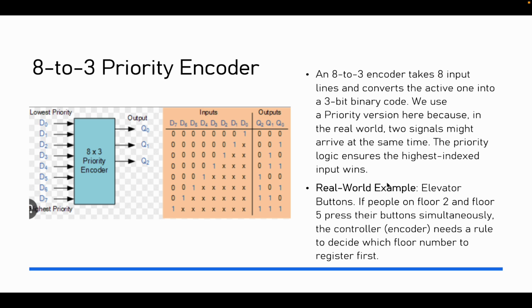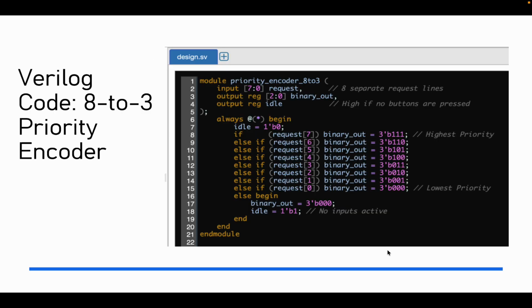To understand it in a still easier way, let us think of a real world example where this will be used. For example, you are going into an elevator. Multiple people are coming inside the elevator. Some might suddenly press 2, and at the same time, you might press 5. That means the other person wants to go to the second floor, but you want to go to the fifth floor. How will the elevator know where it should go first? So we'll give priority. The controller encoder needs a rule to decide which floor number to register first. So what it will do,